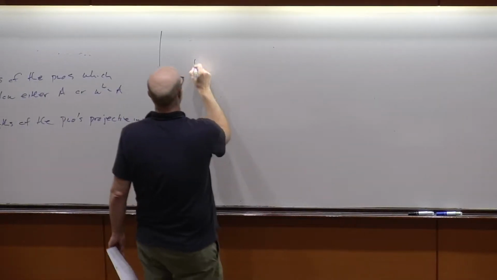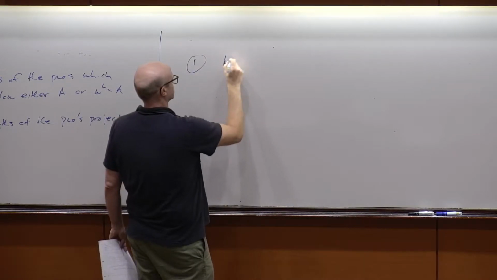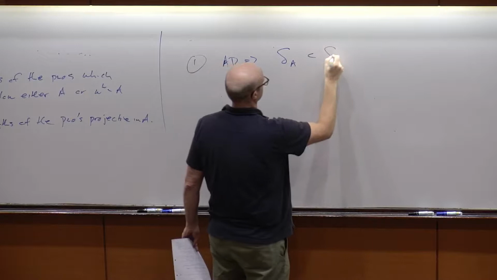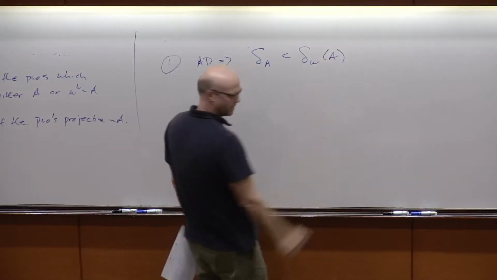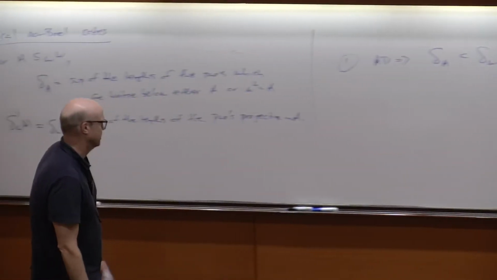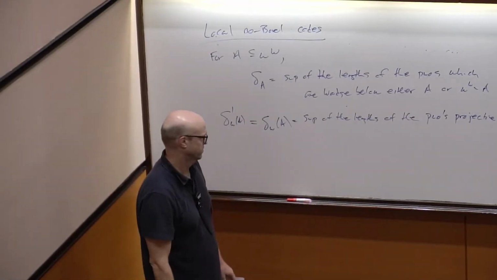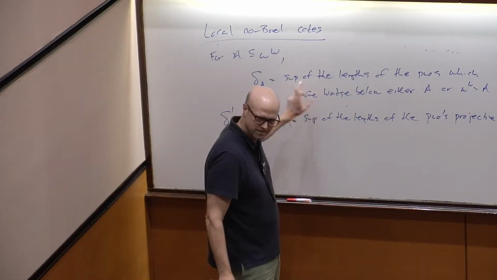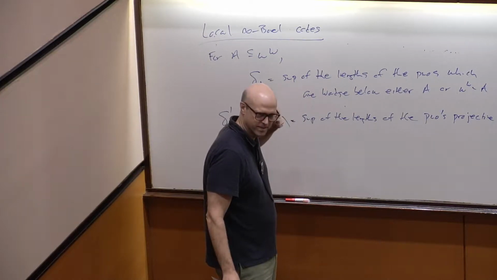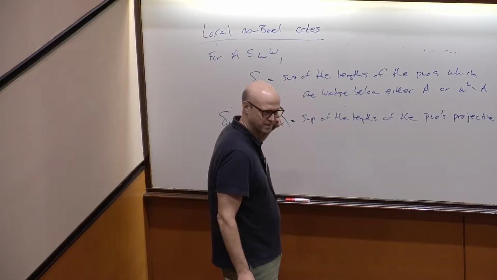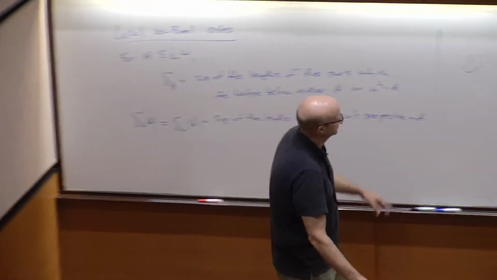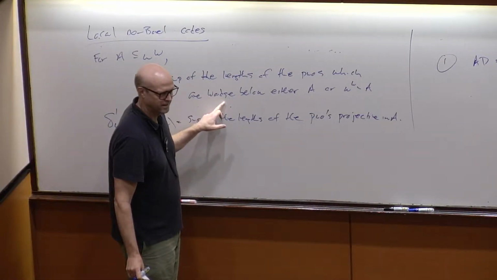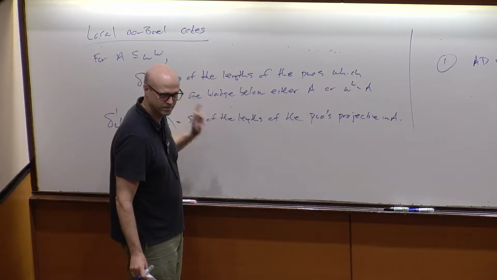All right. So one, AD implies that delta A is less than delta omega of A. That actually seems like something that really ought to be really simple to prove. I mean, it just feels like you have a lot more strength here than there, but as far as I know, the proof takes some work to do. Maybe there's... The problem is, you'd like to just glue together all of these guys, but you need to glue them together as a prewellordering, and how do you definably do that? So, I mean,